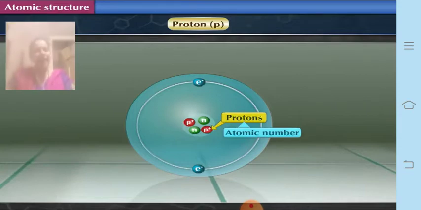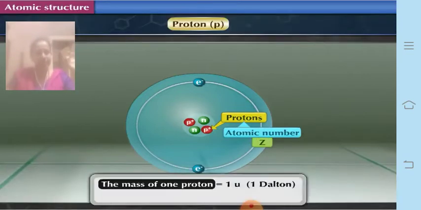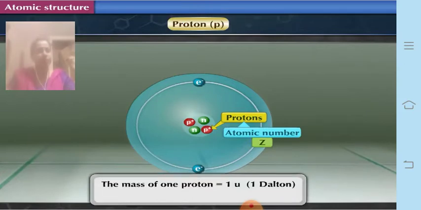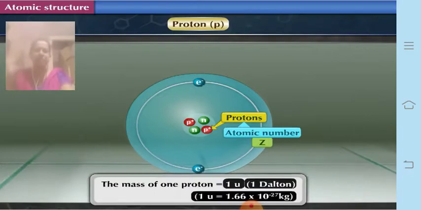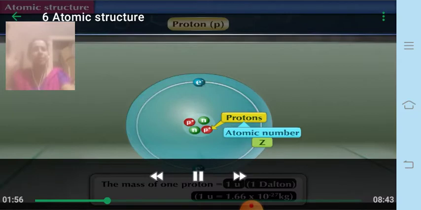So remember this, this atomic number is denoted by the letter Z, capital Z. The mass of one proton is also equal to one unified mass or one Dalton. In honor of John Dalton, the mass of the proton is denoted by the symbol Dalton, or it is also called unified mass. So the mass of one proton is equal to 1 Dalton, or 1 U, or 1 unified mass, and the mass is almost equal to around 1.66 into 10 raised to minus 27